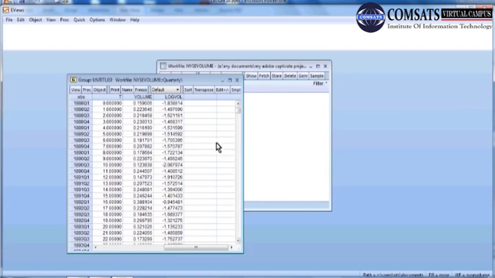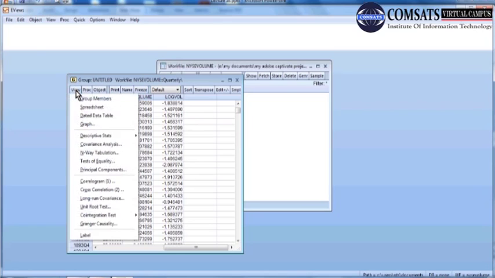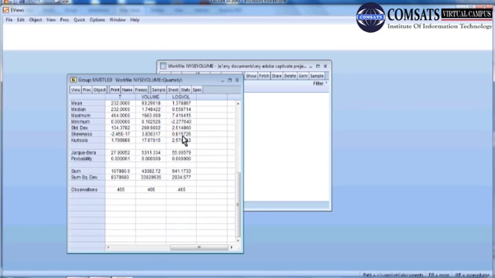If I open this and I want to see all of these statistics in a table, I will simply choose descriptive stats and the common sample, because now we have more than one variable, so that is why eViews asks us whether you want to keep the sample common or you want to show the individual sample. Since the sample size is the same for all the variables, I select this option. And you can see the resultant observations are the same, 465, 465, 465 for each variable.